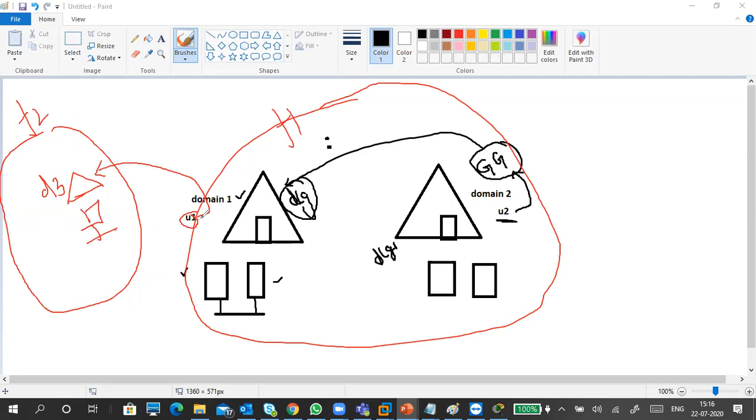We have to do it like this. First, create a universal group and put user 1 inside it, and create a domain local group here. This universal group is a member of this domain local group, and this domain local group is able to access the local resources.